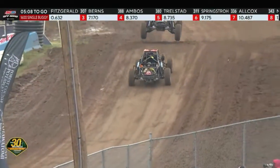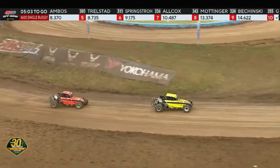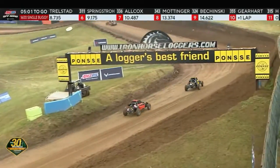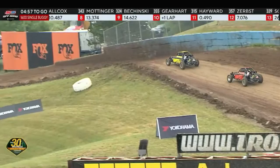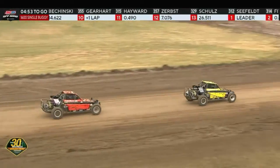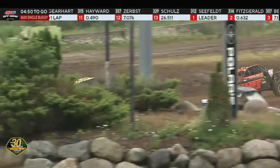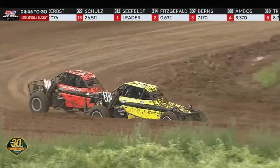But up front, here's your battle for the lead. The teammates. Seafelt, yesterday's winner, and the defending champ, Fitzgerald. And that gap they've opened up, just unbelievable. A whole straightaway lead over the rest of the field. Yeah, it's unreal how these two can just get out front and never look back. They're fun to watch. I can guarantee you they're going to be mixing and battling back and forth here shortly